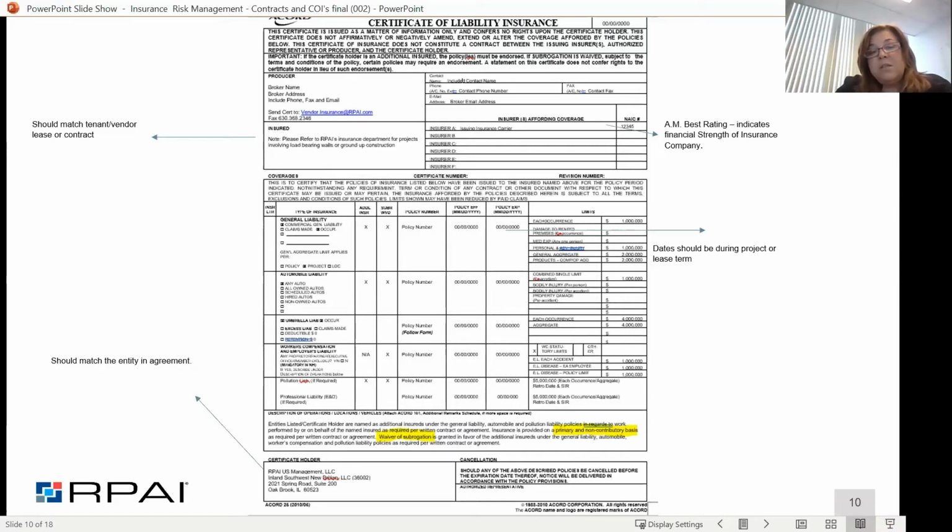Below that, you'll see the insured. That's going to be your insured's name. You want to match up with that and make sure that it matches your agreement, your contract. Sometimes there's a parent company that an affiliate rolls up into their insurance program, or a vendor is working under a DBA, doing business as, and it may not match completely with your contract. You'll want to figure that out now. You don't want to figure that out after you have a claim, to make sure that you have the right evidence and that you're named under the correct policy.